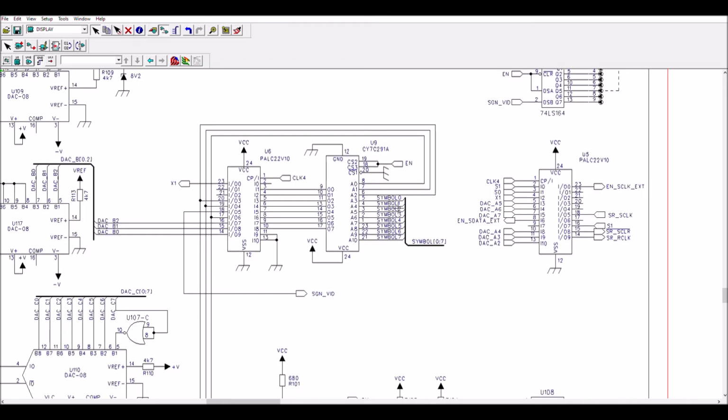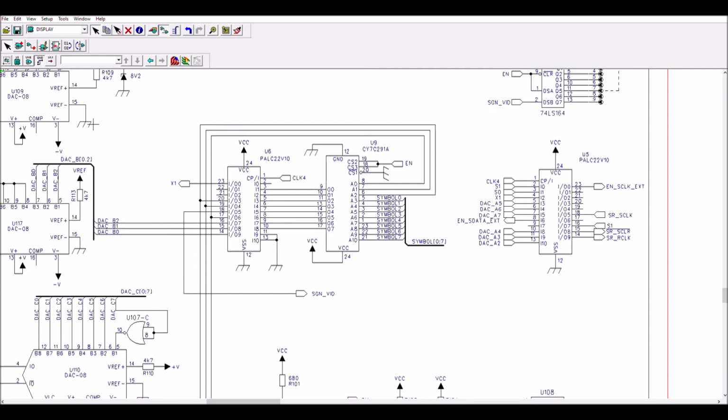So all symbols are defined in this PROM here. And you can see that we have 8 bits to define the symbol, so it is possible to store in this PROM 255 different symbols. So we have 3 main bytes in this system.